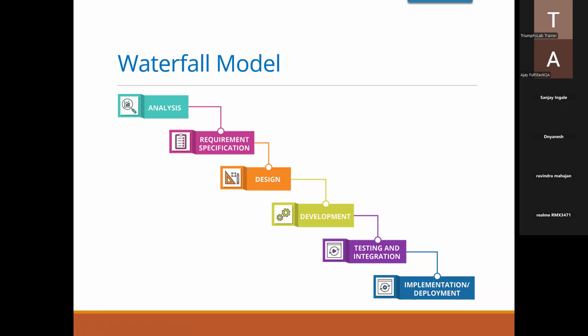Once that design is completed, it will go to the development team, and the development team will start actually writing code. Once they're done, this will go to the test team, QA, manual tester, automation tester, and they will test whether it is working as per requirement or not. And then the DevOps team will come into the picture and they will deploy that application to the server. So this was a waterfall model.